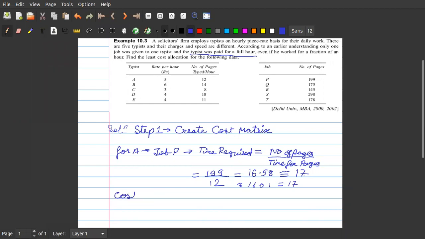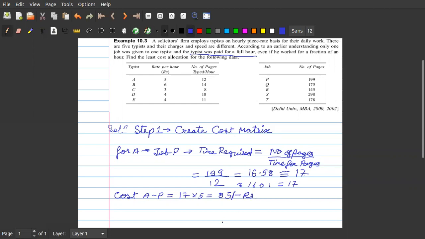Similarly, the cost for A to P will be equal to 17 into 5, which is 85 rupees.